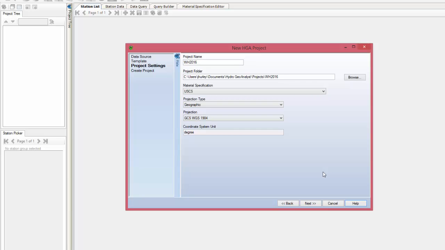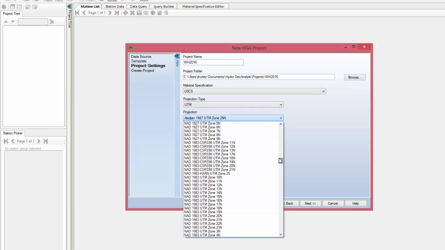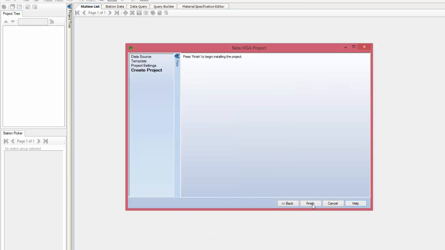Next, you have to choose your projection. The site data I'm working with today is recorded in UTM and it's in Kitchener, Ontario, so I'll map to the NAD 83 Zone 17 North projection. HGA will then take a few seconds to create the database and build out the tables and fields based on